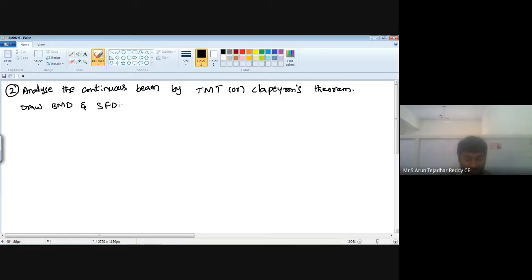This is the given problem and diagram. Given diagram is